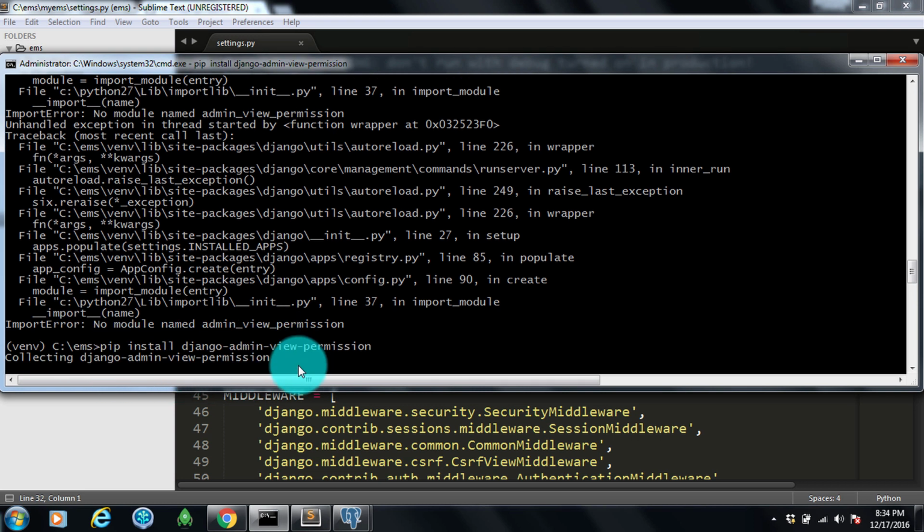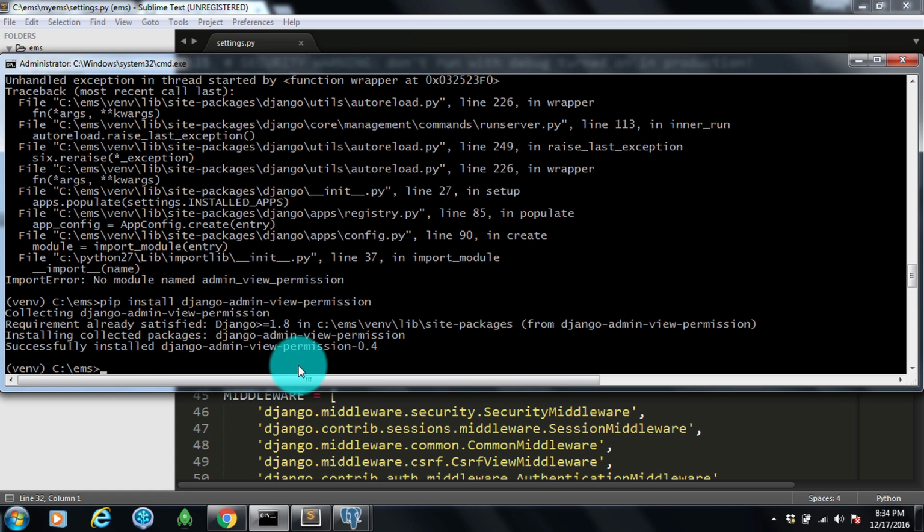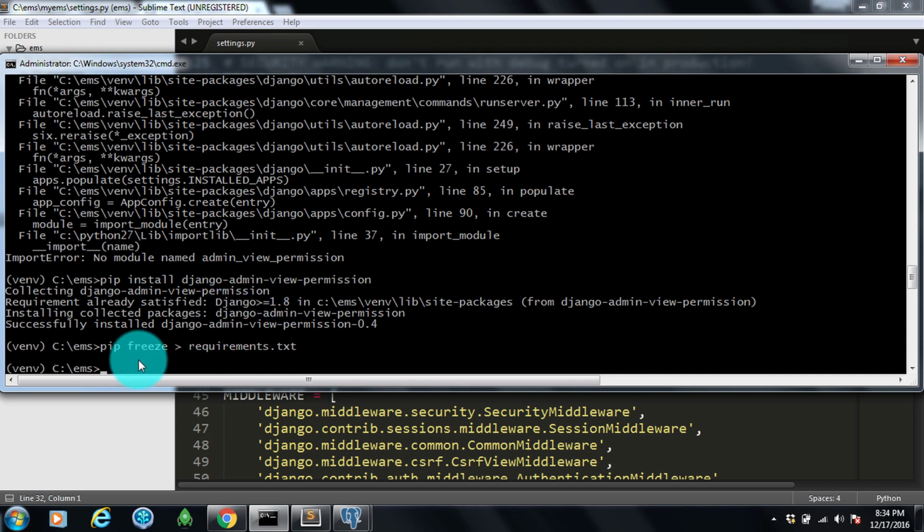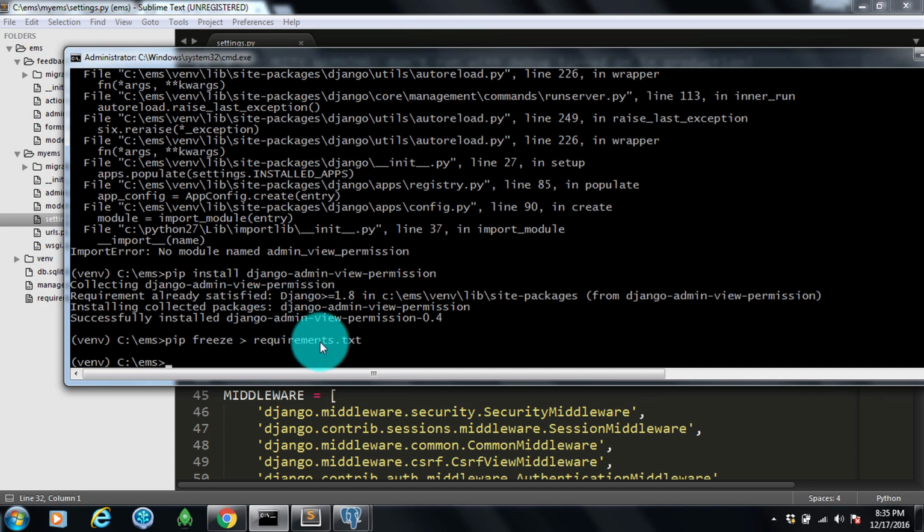So what I'll do is I'll just fire that up, and the app will be installed. So the next thing, ensure that you run pip freeze requirements so that your requirements file will always be updated. And once we are done with that, we can fire up one more command,